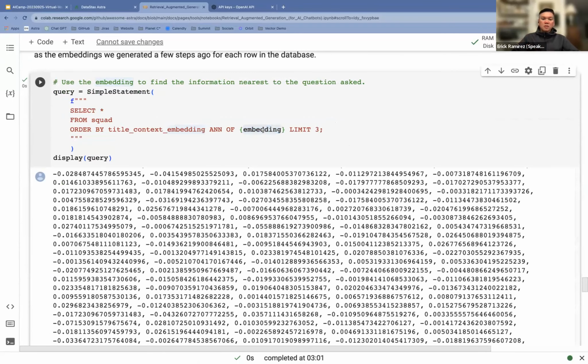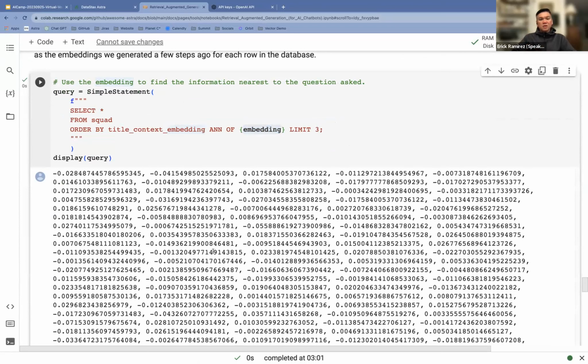Because I'm searching for similar vectors, it's going to return vectors as well. In fact, there's 3 lots of 1,536 values, because each vector embedding that we have has 1,536 dimensions, and we've got 3 results because we asked for the 3 nearest ones.